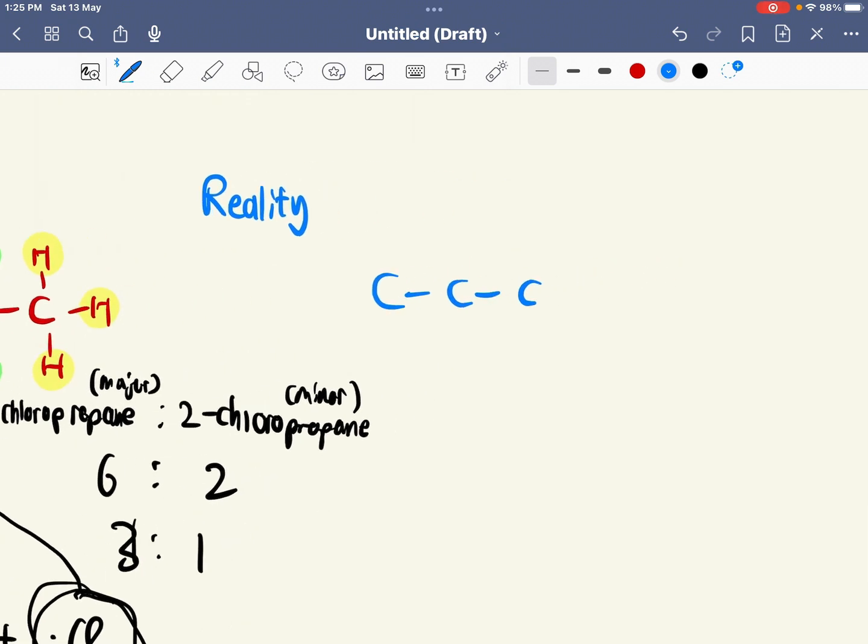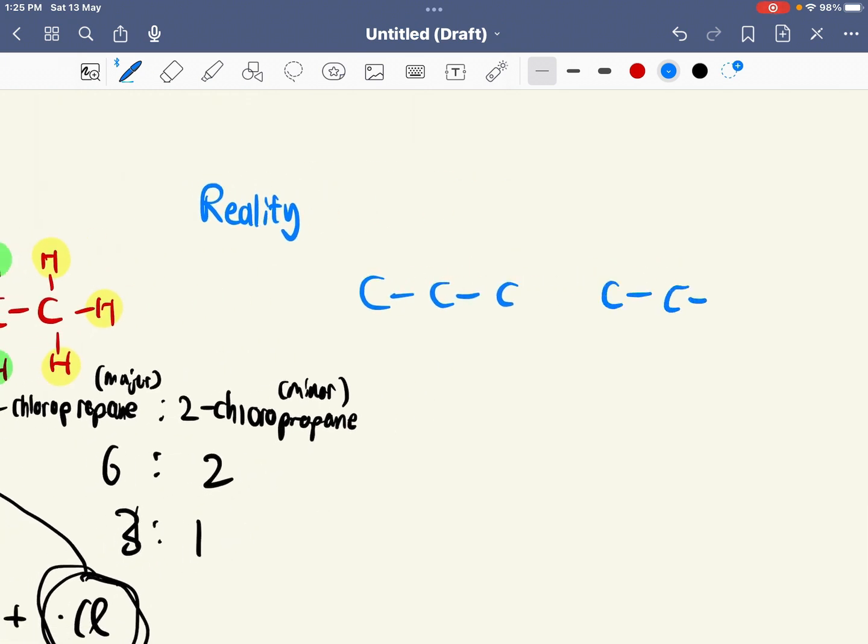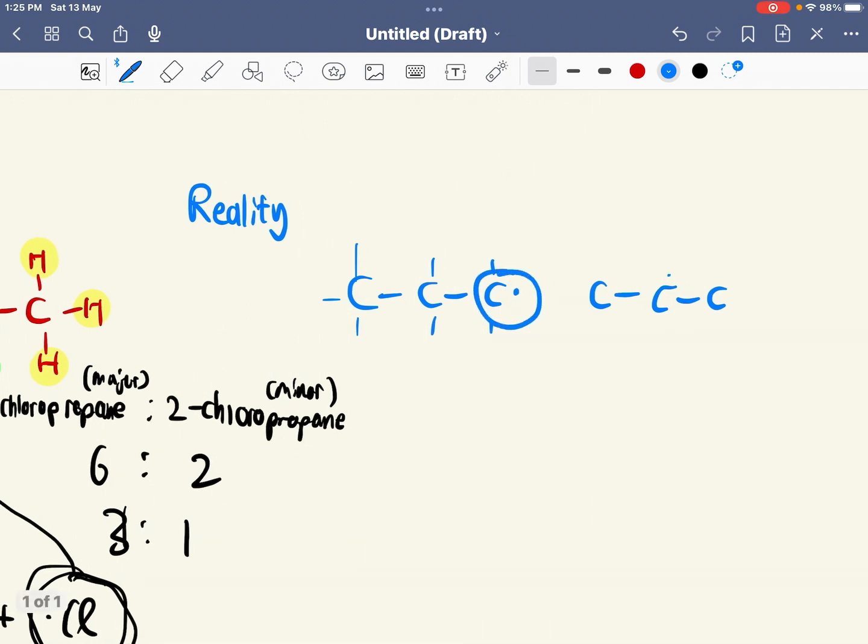I have 2 possible scenarios, since I'm going to form 2 different products. My carbon atom is the radical, and there's a possibility that it's on the first carbon, and there's also a possibility that it's on the second carbon, and that's how we give rise to the 2 different products, right? So